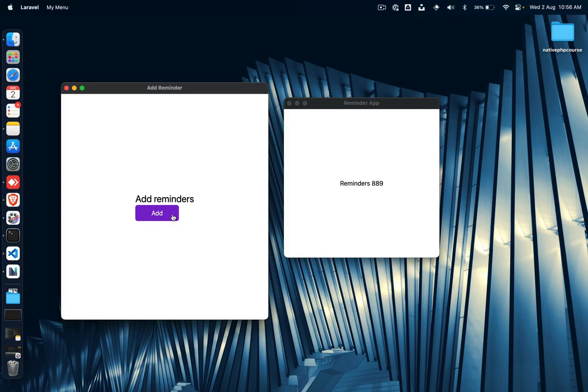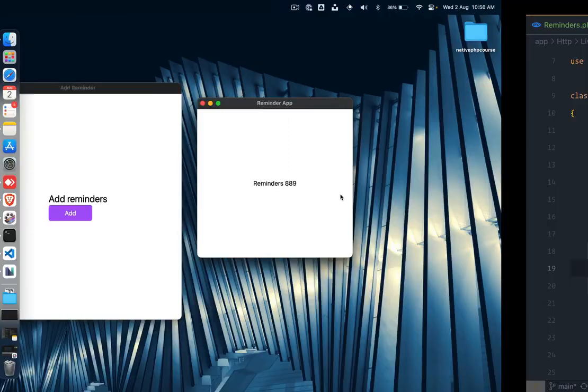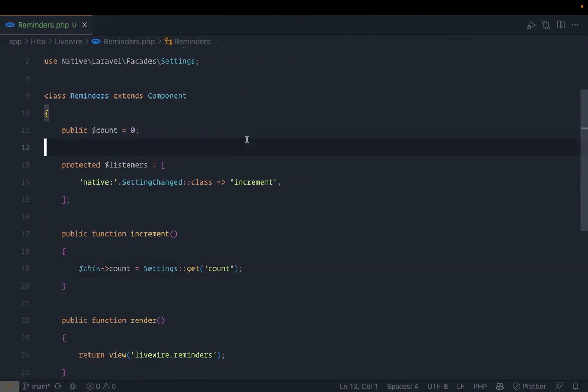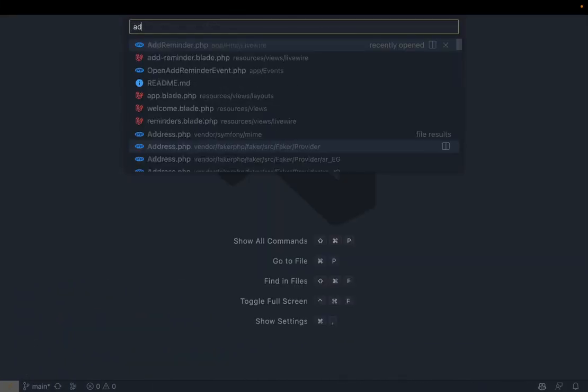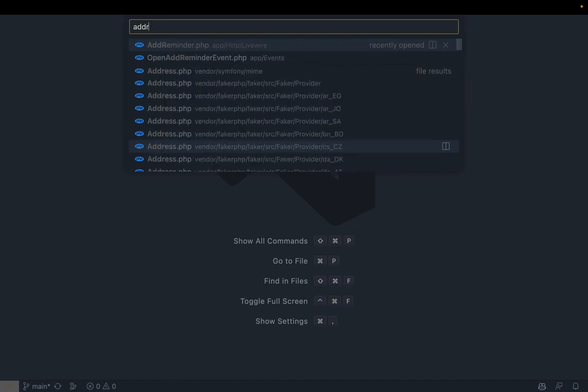What is the final thing? We need a text box here where we should add the reminder, and that should be reflected here. That seems like a very simple thing. So first of all, go to add reminder, and